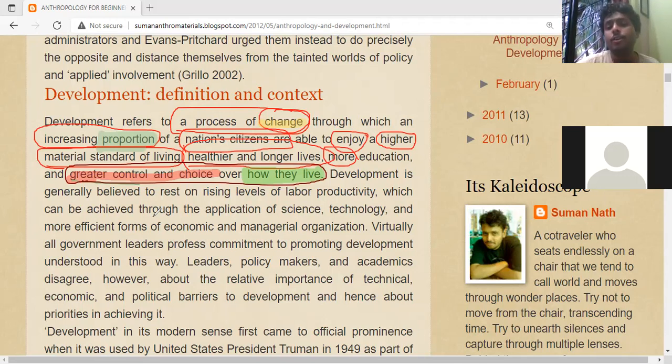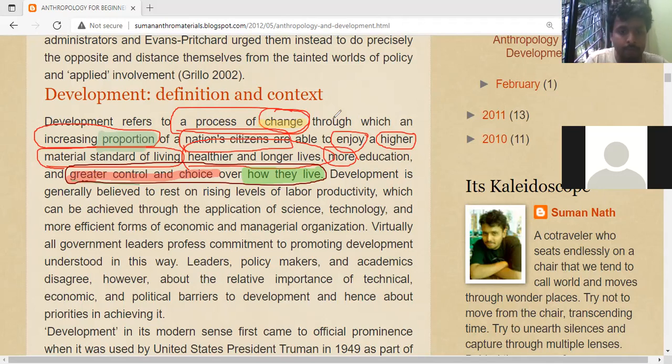So we really don't have that much of choice, but the aim of development is to give everybody that much of choice, এতটাই choice আমরা দেব, so that they can control how they live. They can decide everything, how they want to live, how they are going to live, and what they are going to do in their life, without thinking about how they are going to feed themselves. আমি কি খাবো, আমি কি করব, আমি কিভাবে থাকবো, সেটা নিয়ে আমাকে এত ভাবতে হবে না।